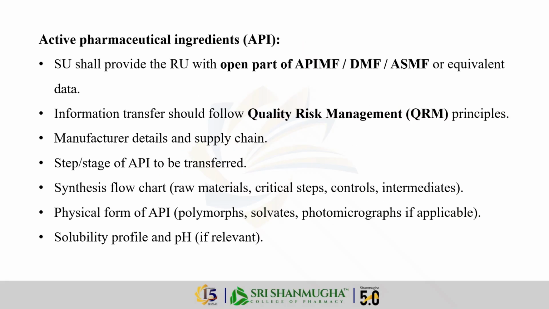Active pharmaceutical ingredients. The sending unit shall provide the receiving unit with the open part of the API master file or drug master file or equivalent data. Information data should follow quality risk management principles. Manufacturer details and the supply chain, steps or stages of API to be transferred, synthesis flow chart, physical form of API, solubility profile and pH,